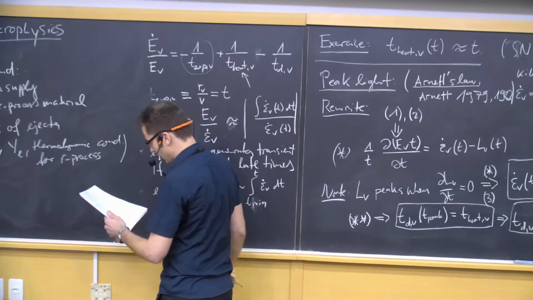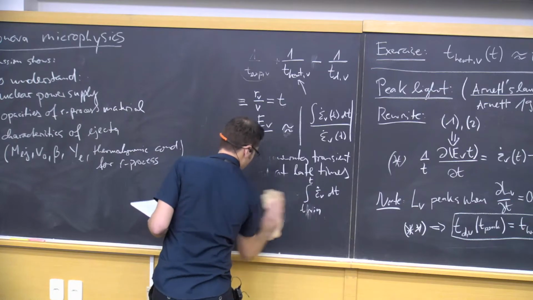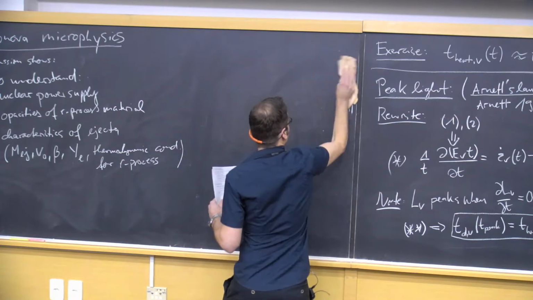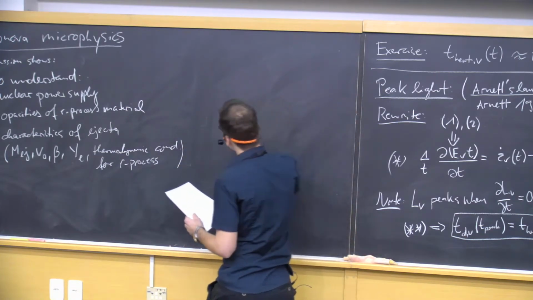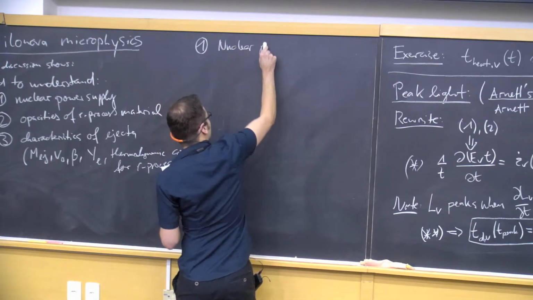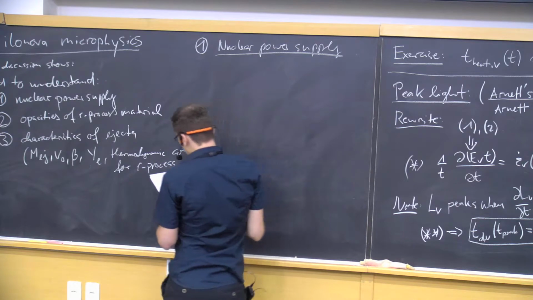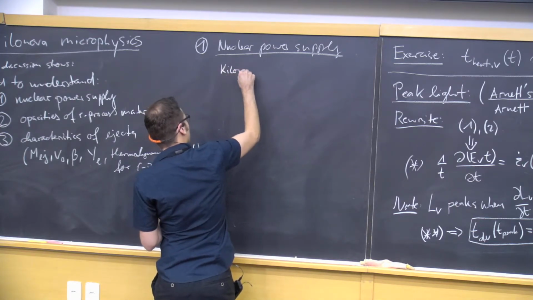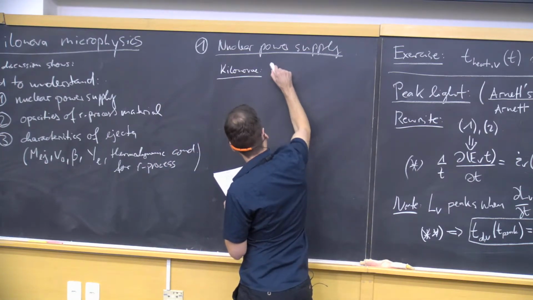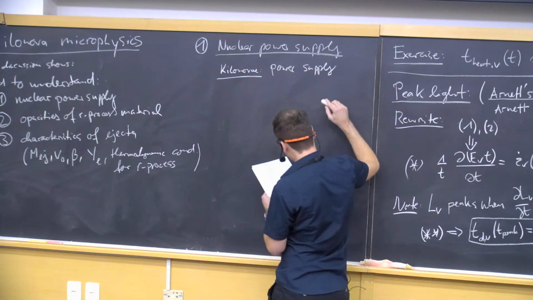So let's just briefly write down 2 expressions for the heating rate, and then we'll stop because time is up. So let's start with the nuclear power supply. As I mentioned, just to write it down again, for kilonovae, the power supply comes from